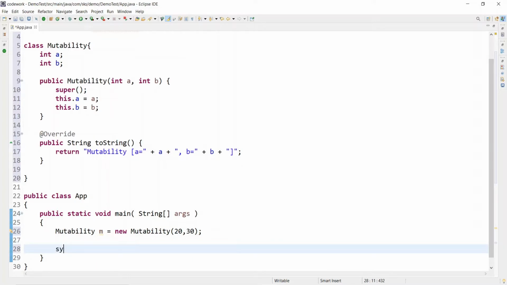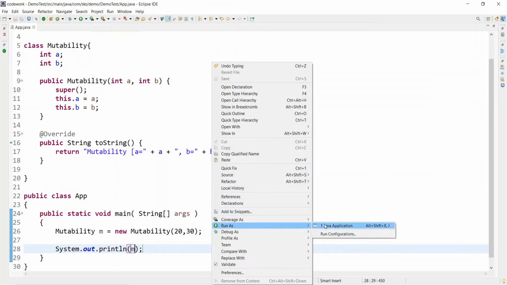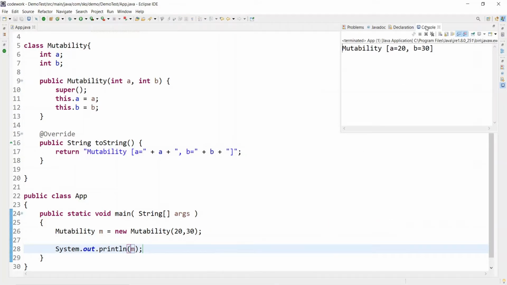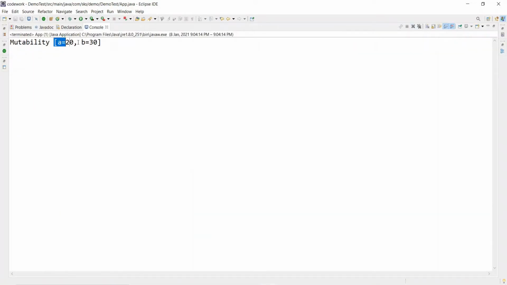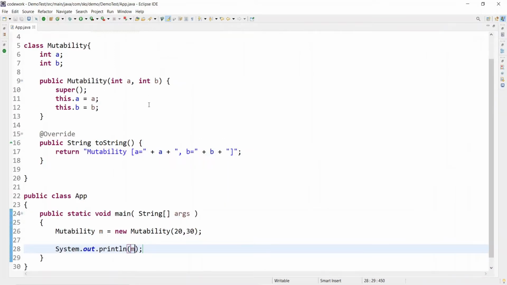If I print System.out, m, and run this, we will get the output a is equal to 20, b is equal to 30. So far so good. This is how you will ensure whether it is mutable or immutable.